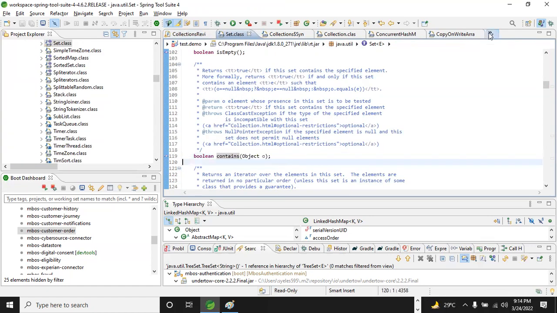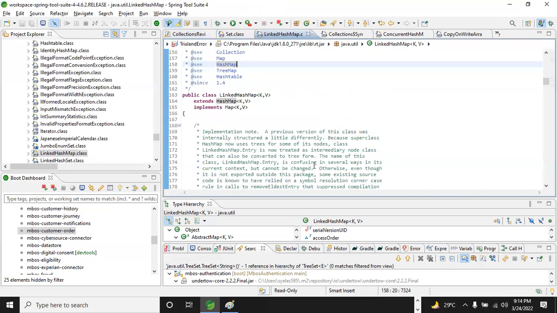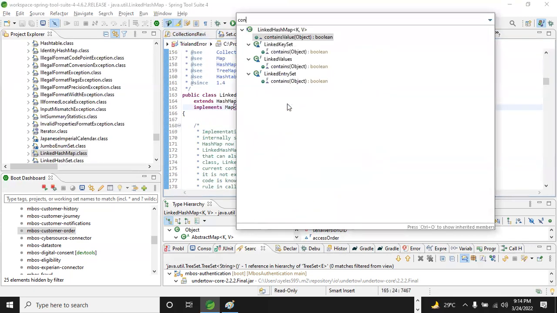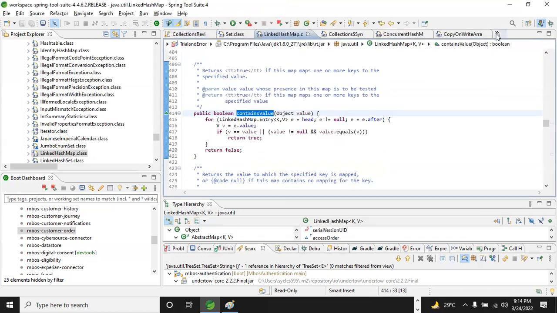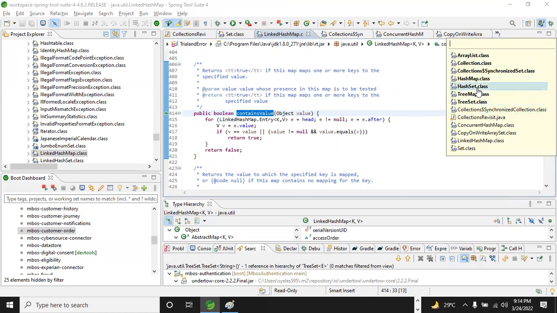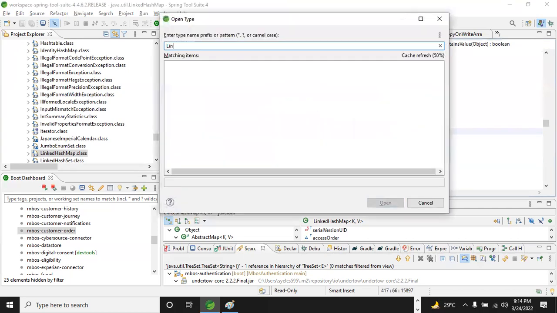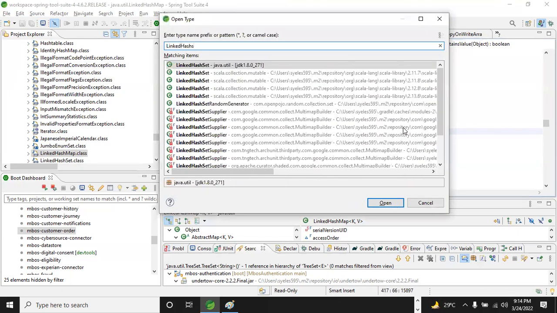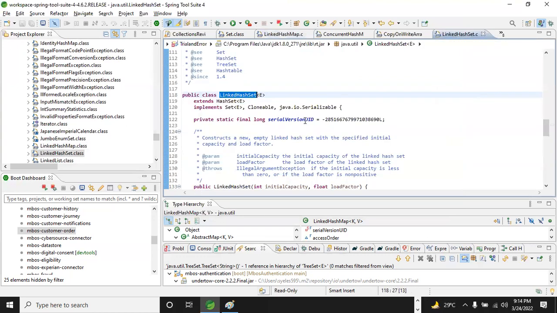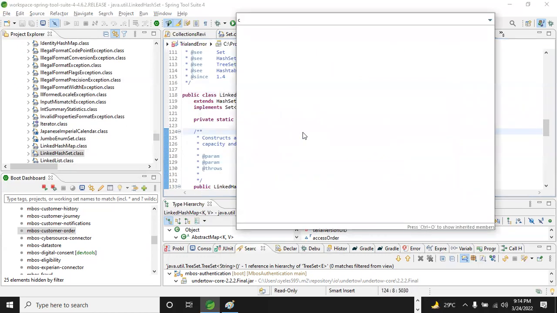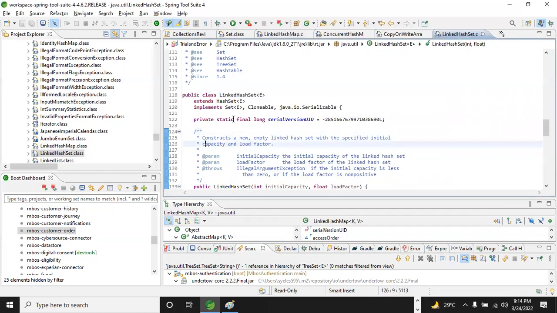So if I go for LinkedHashMap, where your LinkedHashMap uses, so for LinkedHashSet, if I want to use the contains method, will the time complexity representation remain the same or will it vary?